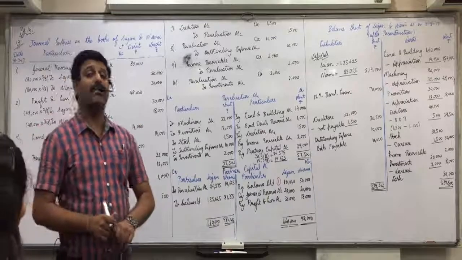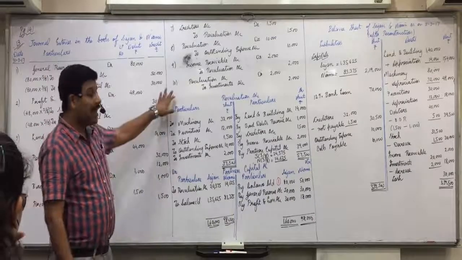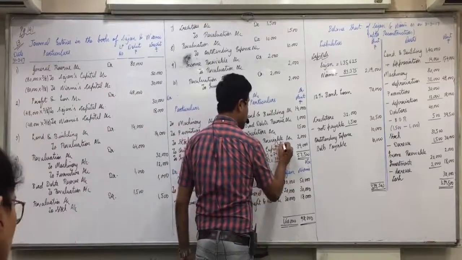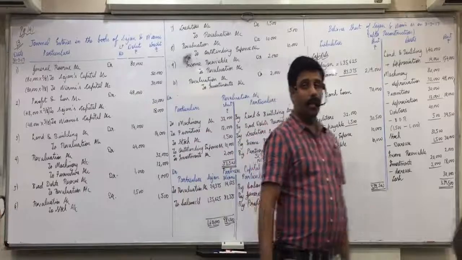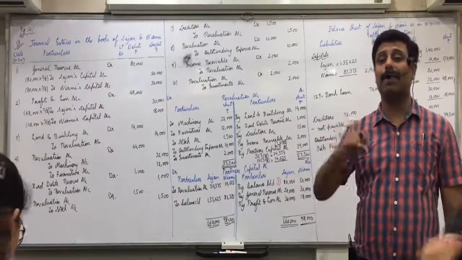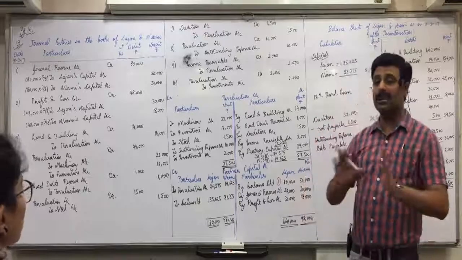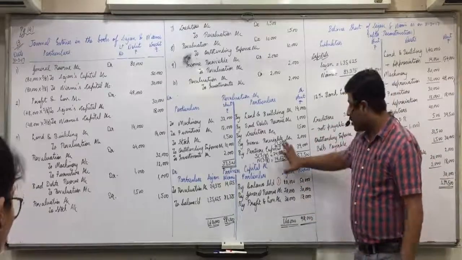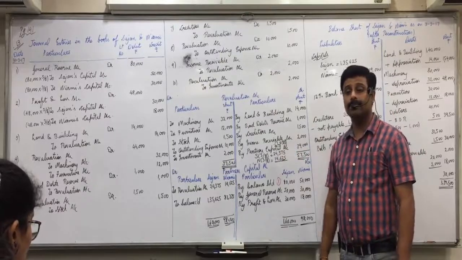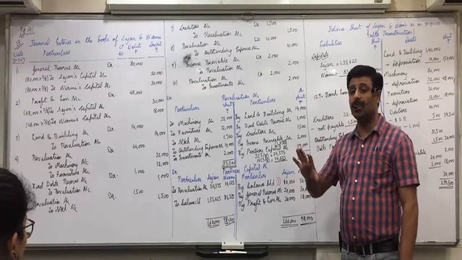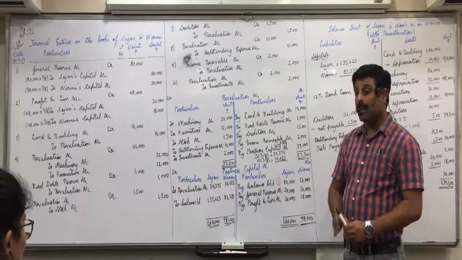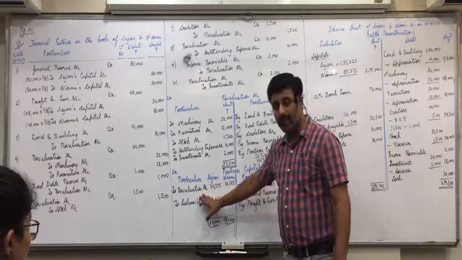Now last, there will be 11 entries here. The last entry will be for this loss. Debit side is more, which means it was a loss. No need to remember the entry of profit and loss; there is a simple concept. Be attentive. In which account is the loss on the debit side? Revaluation. And in partners' capital it is appearing on the credit side.